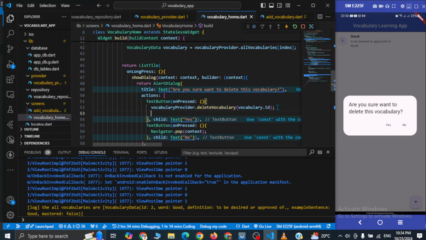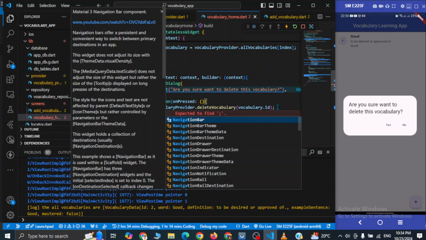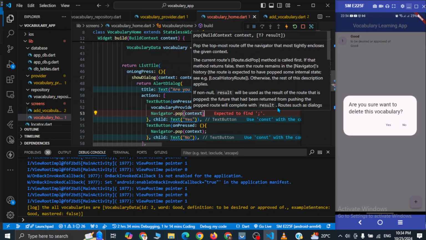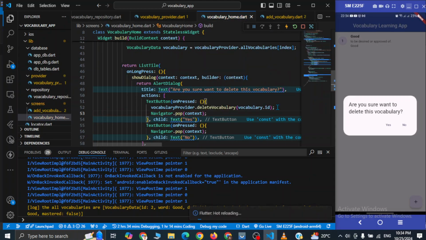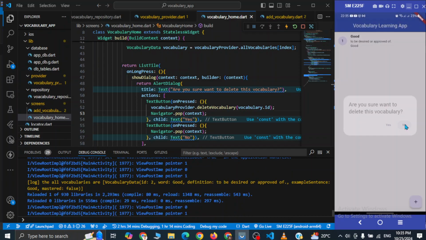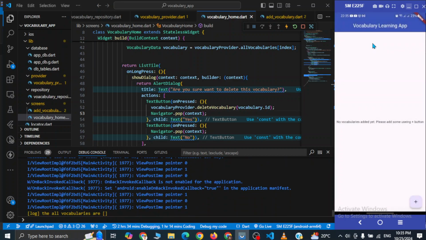close this pop-up. So we can simply call navigator dot pop of context, and you can show some message in snack bar if you want. So let's try to delete this, and it is gone. So guys, we have performed CRUD operation on this vocabulary data, that is we have